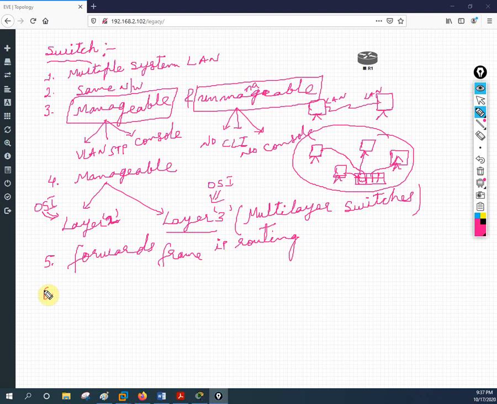And what else can we say? We can say a switch is used to connect multiple devices in the same network. These are simple points. We can say a switch forwards the frame from one PC to a number of PCs. With your own words you can define. With telnet or SSH we can access the switch remotely. If you want to change any configuration, you can use telnet or SSH and access the switch remotely, and do whatever configuration you want.